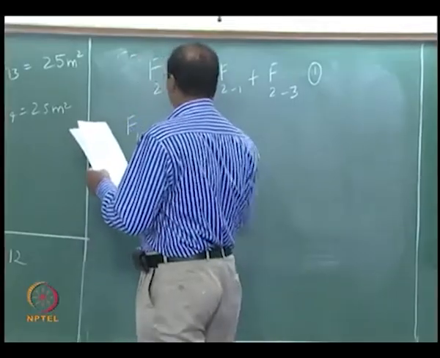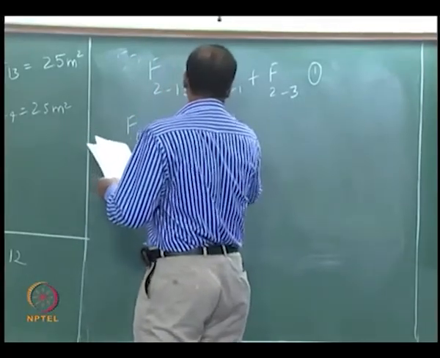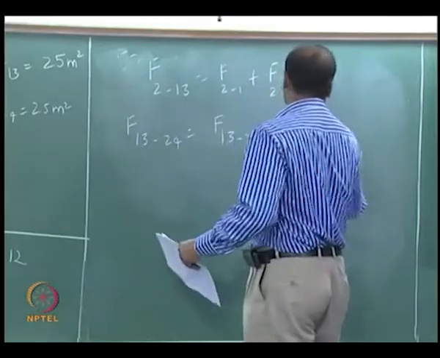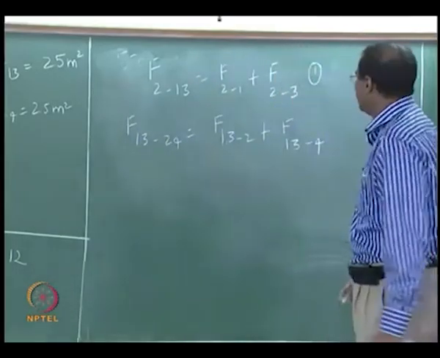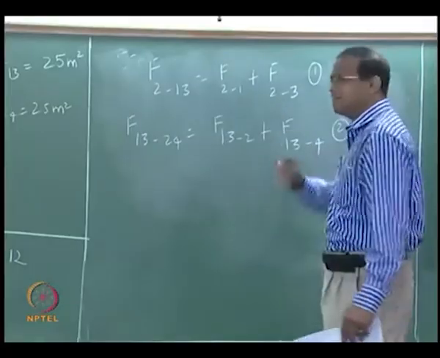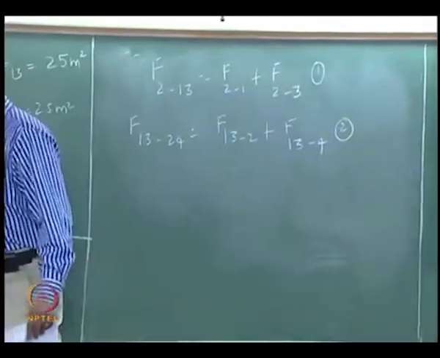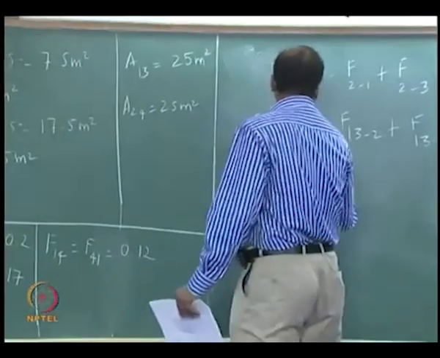F1324 is equal to F1322 plus F1324. Now we can do something with this. The left side is 0.2, you know, right? F1324 is 0.2, we already got. Therefore,